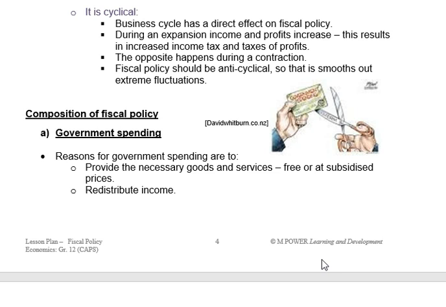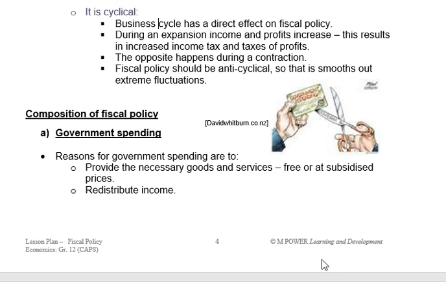Expansionary fiscal policy. All right, we did do this in chapter 2. Right. So obviously when the economy is going into a downswing, we want to stimulate the economy, and we do that by using expansionary fiscal policy. Cycle going down, fiscal policy push up, anti-cyclical. So opposite direction really.